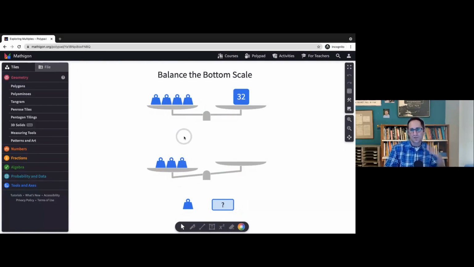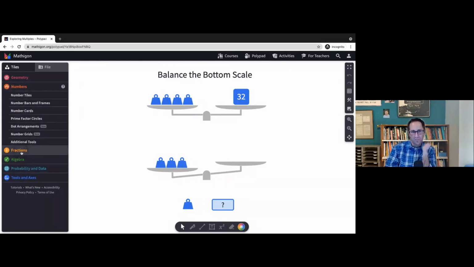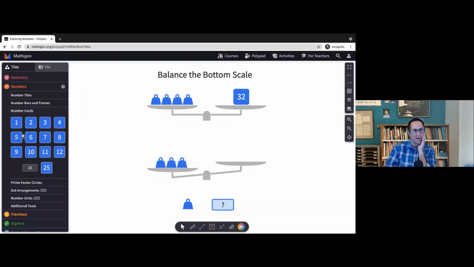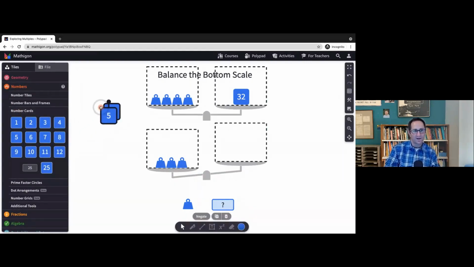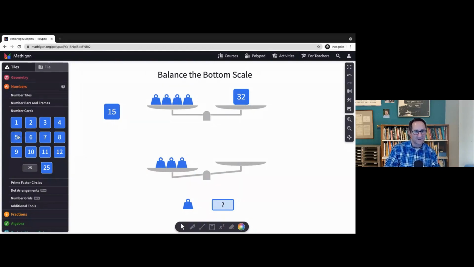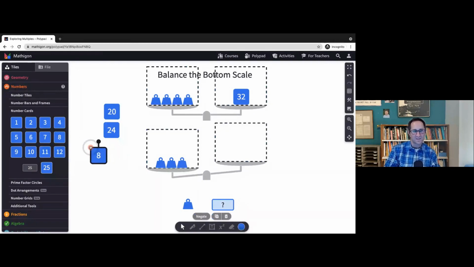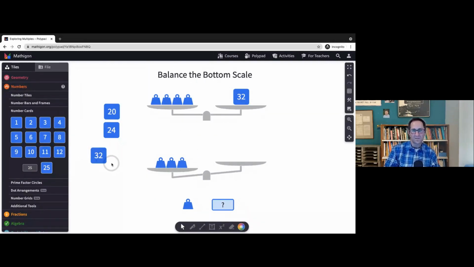So I gave this to my 3rd grader over the summer, or I think it was last spring even, and she just went to the numbers. She was kind of familiar with Polypad, and she said, I'm going to try 5. So she went over here and went 5, and she kind of, without even doing anything, was counting by 5s and got to 20. She was in 2nd grade at the time, was like, oh, that's too small. And then she counted by 6. She knew that when you put the 6s on top of each other, it's going to add those number cards. And then I think she might have tried 7 next, but eventually she got to 8 and she put the 8s on top of each other and saw, oh, that was 32.